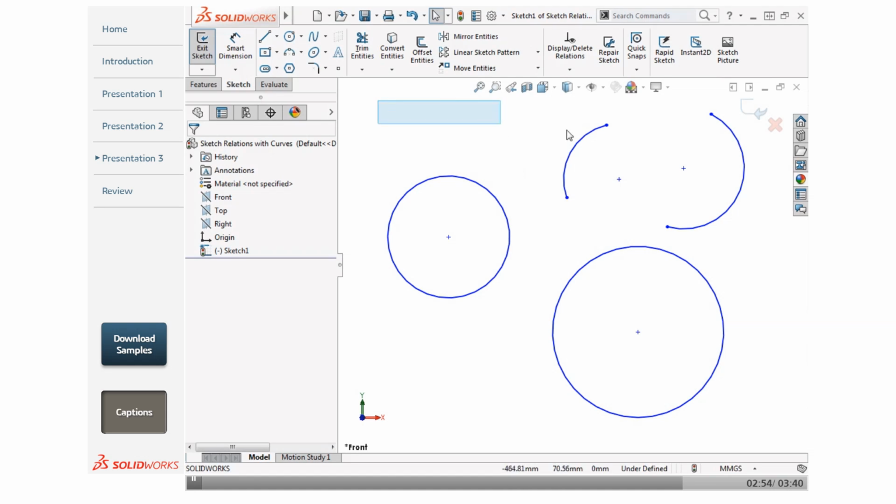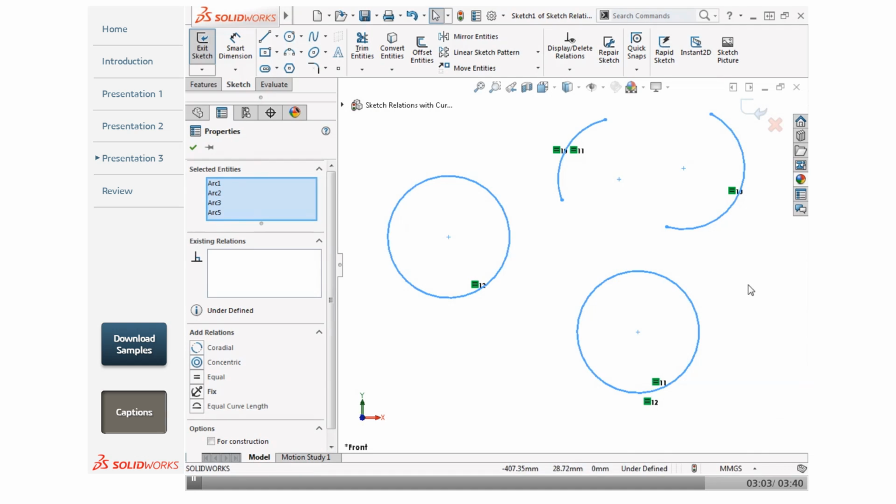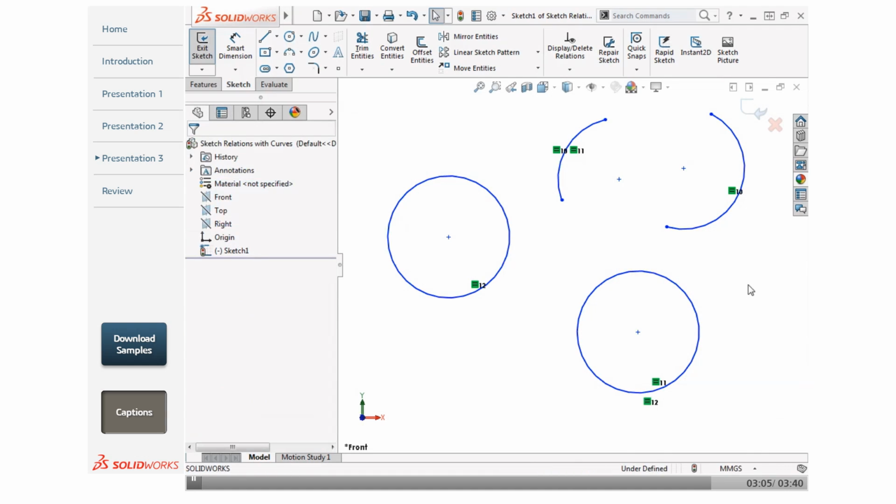I'll select all 4 sketch entities in the graphics area. Select the equal relation from the Context toolbar, and all 4 sketch entities update and have the same radius value. However, because the equal option was selected rather than the co-radial option, none of the sketch entities were constrained to share a center point. There are more advanced types of sketch relations available in SOLIDWORKS that can be applied, such